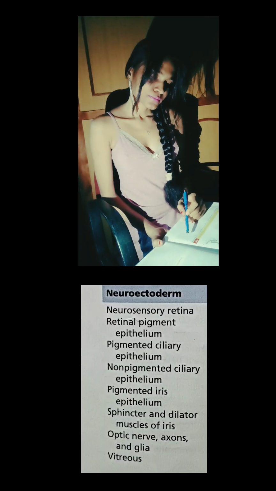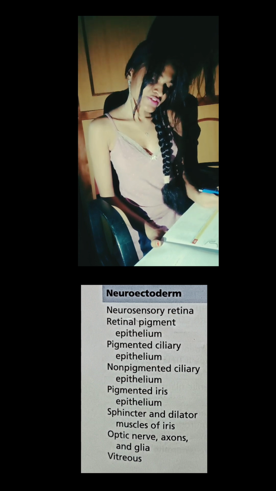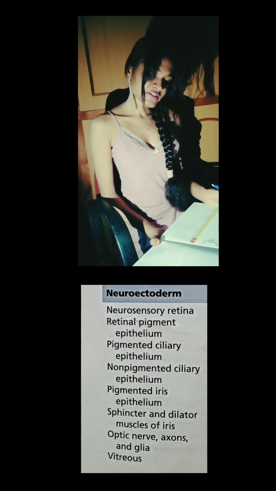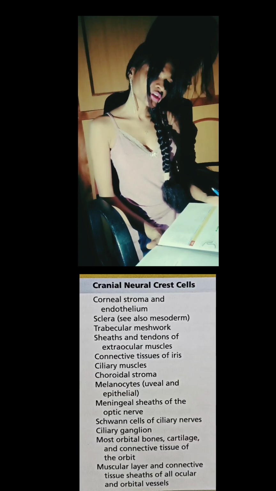Table 1.1, derivatives of embryonic tissues. Neuroectoderm. From neuroectoderm, the following structures develop: neurosensory retina, retinal pigment epithelium, pigmented ciliary epithelium, non-pigmented ciliary epithelium, pigmented iris epithelium, sphincter and dilator muscle of iris, optic nerve, axons, and glia, vitreous. From cranial neural crest cells,